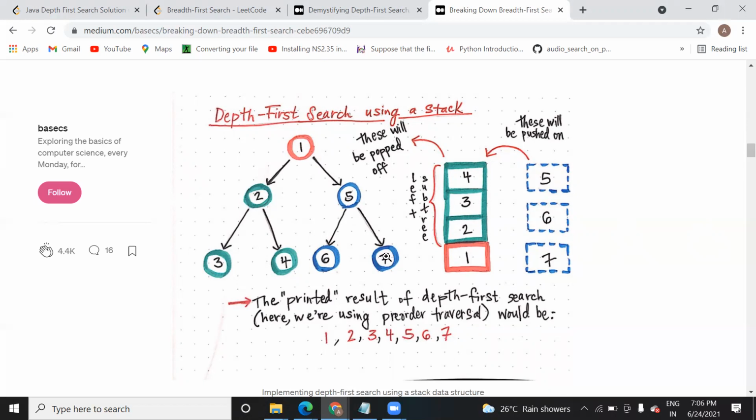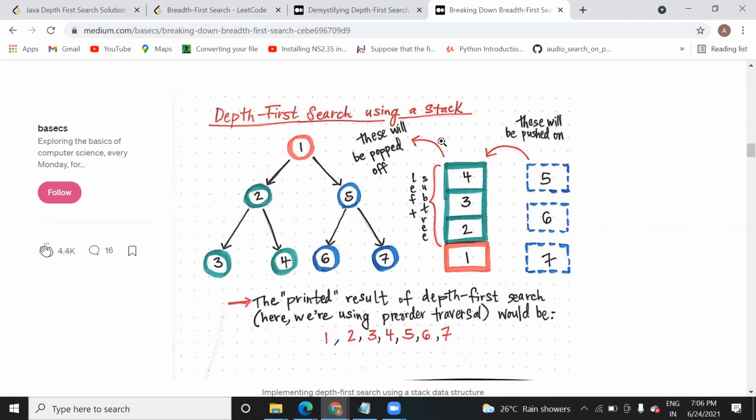No, can you explain again? I understood what breadth first search is. What is depth first search? Depth first search is the same thing. Here also we traverse. The only difference is that here we use a stack, and in breadth first search we use a queue. So are you aware of stack and queue? Yeah, okay, I understood.